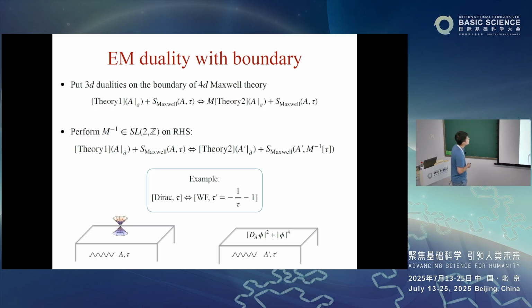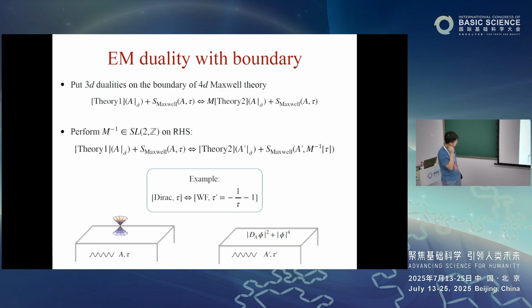And suppose I have a dynamical gauge field, essentially a photon that lives in the 4D bulk, but also couples to this boundary degree of freedom. So now this capital A is a dynamical gauge field, but it also links to the 4D bulk. So if I have a duality, I can also couple the dual theory to the same bulk Maxwell theory like this. It turns out it takes a few lines to derive this fact.